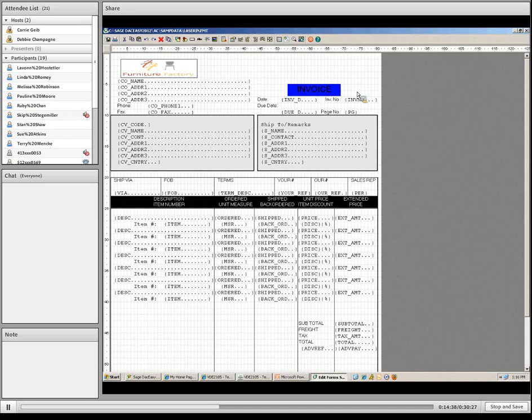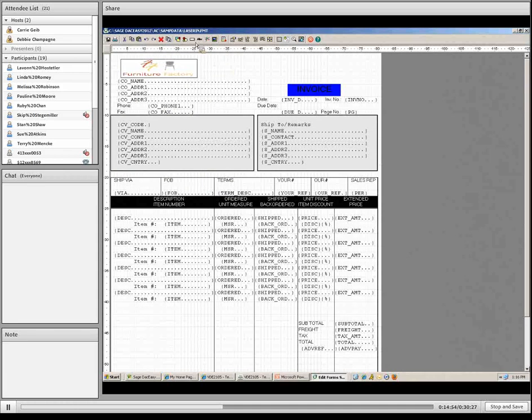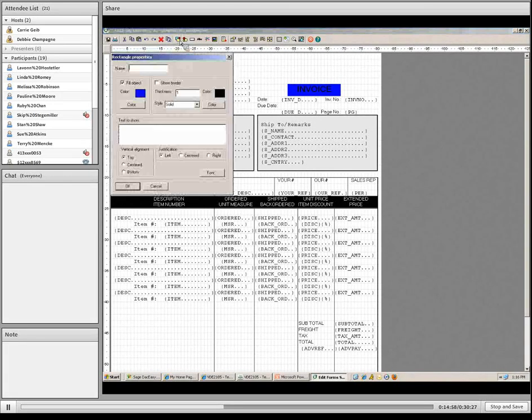And if you want to add a box like they have here, in this case it's already here. So if I go to properties, you can see that the fill object was selected. The color is here. So that's how they got the shading. If we want to add a line, select your rectangle